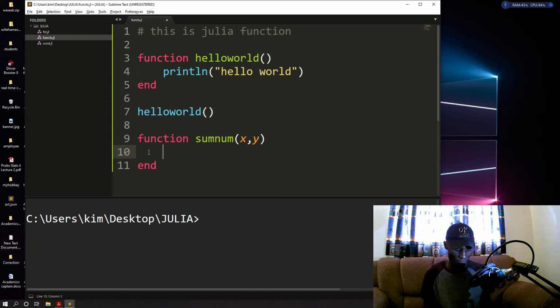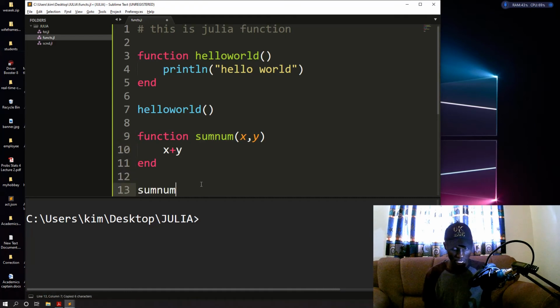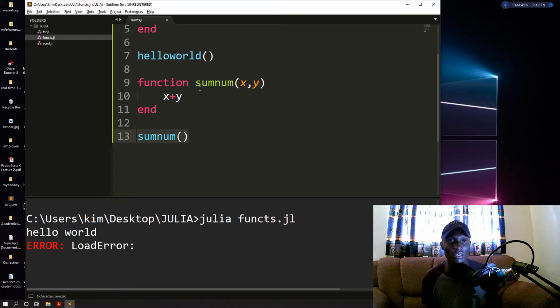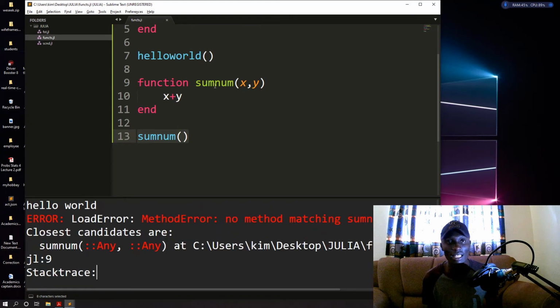Now you want to sum x plus y. You see, if we do this one, then you still remember we need to call this function. Again, calling a function should always come after the definition of the function. This one is called the definition of a function, and this one is called the calling of a function. Remember that. So you see, the first part was faster because nothing was happening.